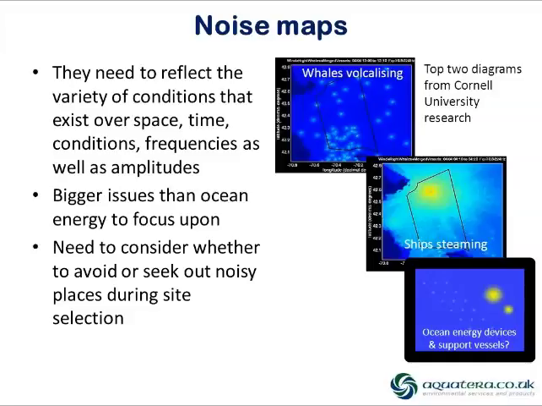One of the issues for ocean energy devices is that we're probably less intense. Each device would be less intense, for example, than the amount of noise emitted from a whale, and certainly much less than that emitted from a large ship. And here you can see some work vessels indicated as the type of noise that might be associated with them.